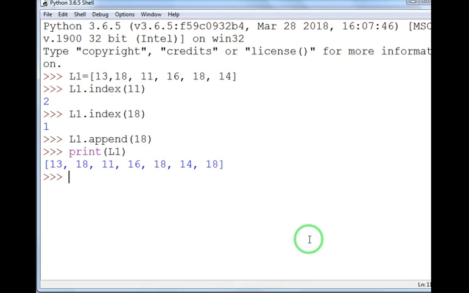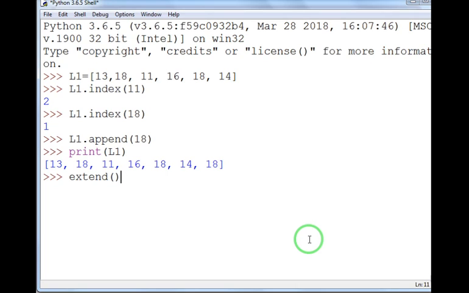The next function that we will be doing is the extend method. The use of the extend method is that with the help of it we can add multiple elements, given in the form of a list, to a list.